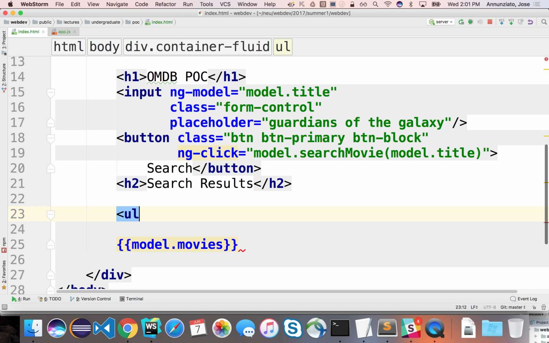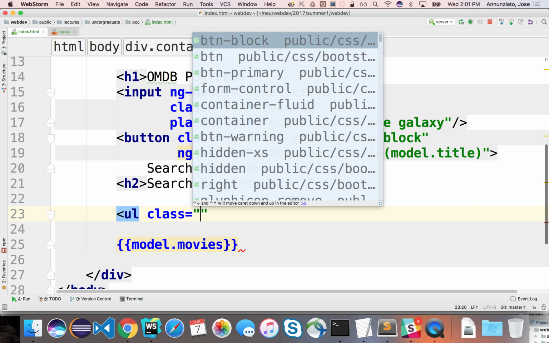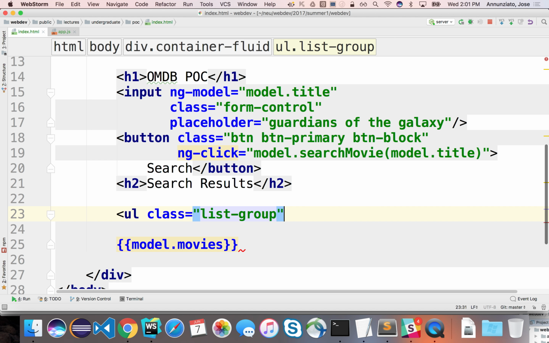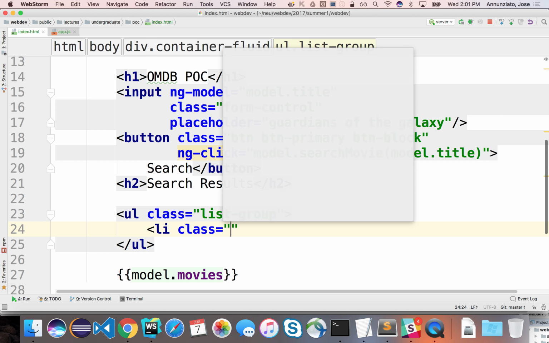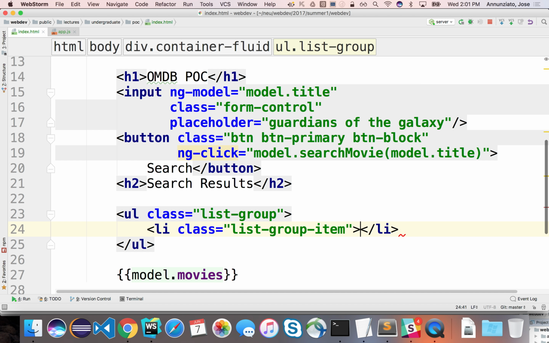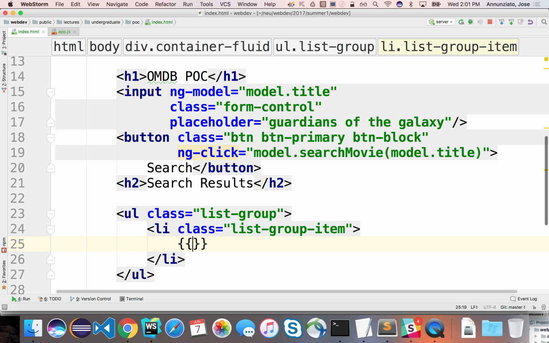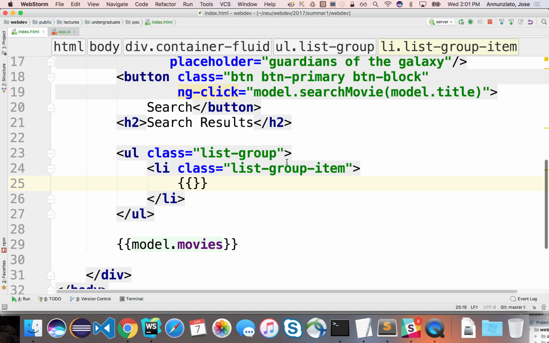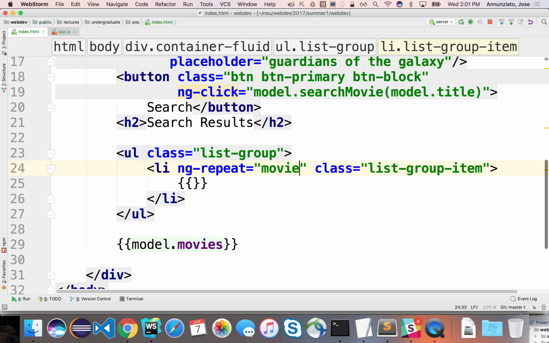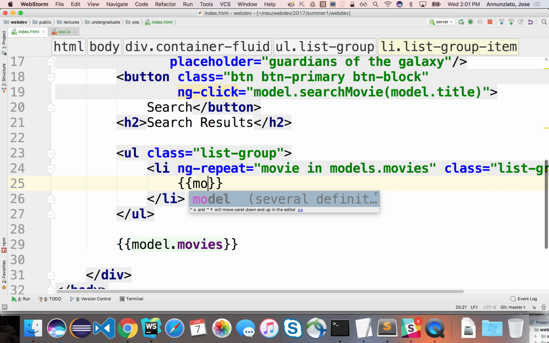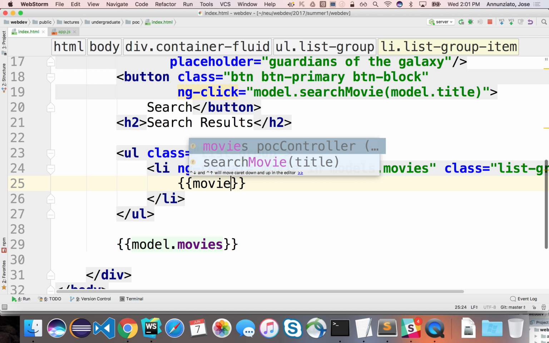One that I personally like is the UL with a list group, and you can do an LI with a list group item, right? And in here you can render each movie. You can repeat this ng-repeat movie in model.movies and just render each object in here individually,